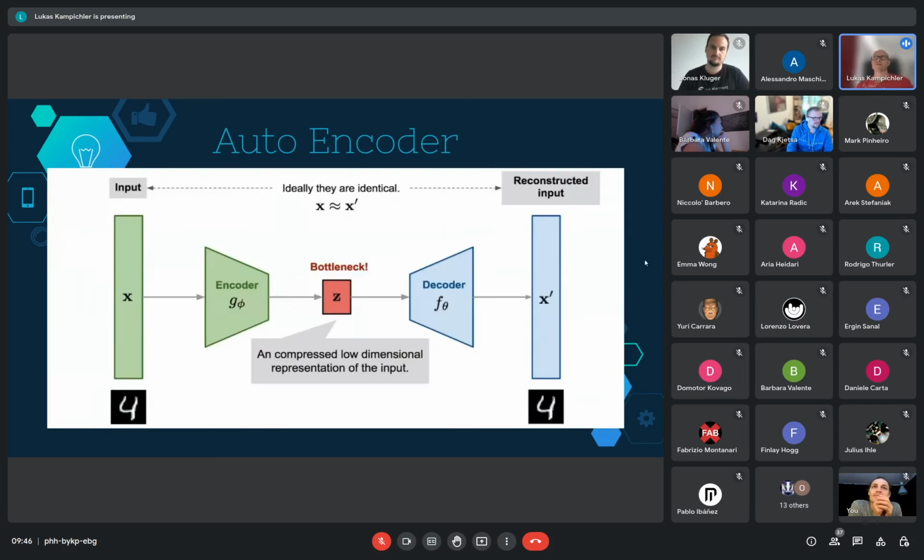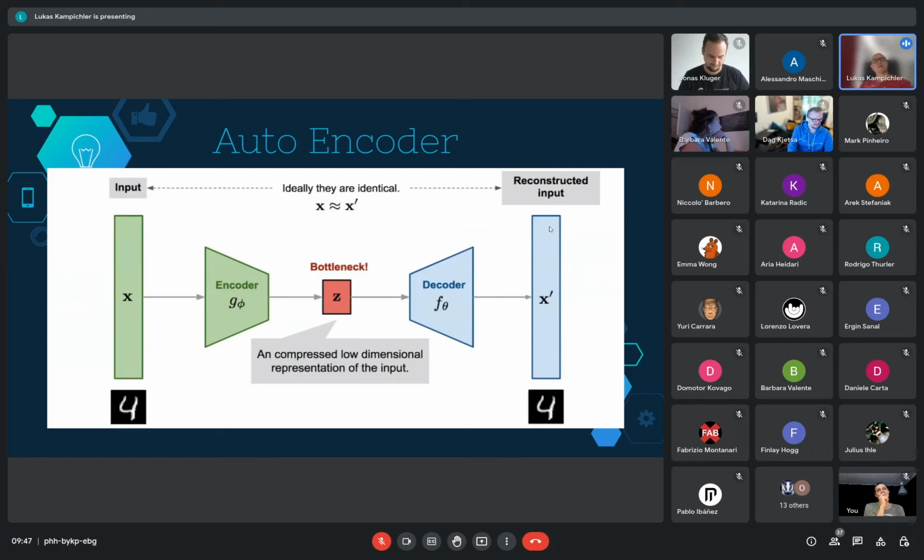So how does the neural network do this? As Jonas explained before, we have an autoencoder, and this autoencoder has three main parts. First the encoder, which takes an image and compresses it down and does all sorts of stuff to it. Then we have the bottleneck, which is the interlayer that gives us a compressed representation of our data.